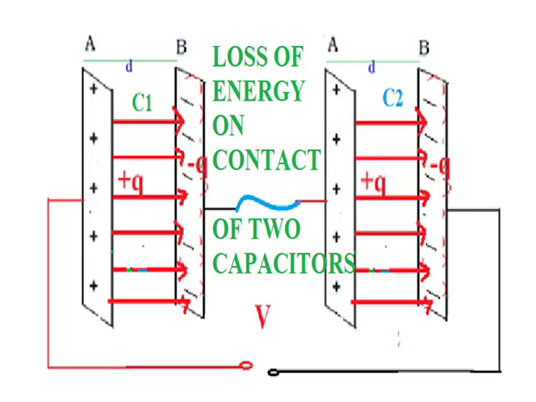Dear students, today we discuss the loss of energy on contact of two capacitors. We know well that the capacitor is an electrical device which stores electrical energy. It has two plates separated by some distance. When a positive charge is given to one plate, and another plate is brought near,